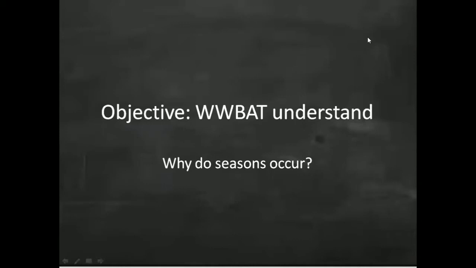In summer it's very, very hot. Yes, in winter it's very, very cold. In autumn and spring it's not so hot or cold, but in autumn it becomes colder and in spring it becomes hot. So why does this happen? Why do we get so many different seasons on Earth? In this class, we will study that.